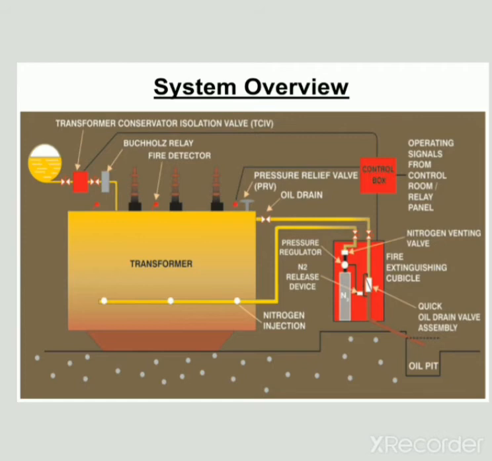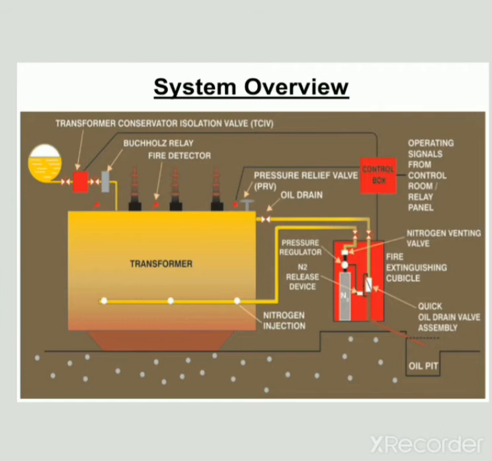Above that, all over the transformer tank, the three bushings are connected, and in between that a fire detector is also connected. Next, according to the conservator way, the Buchholz relay is also connected. Then the transformer conservator isolation valve is also connected. Then the pressure relief valve, then the oil drain, pressure regulator,